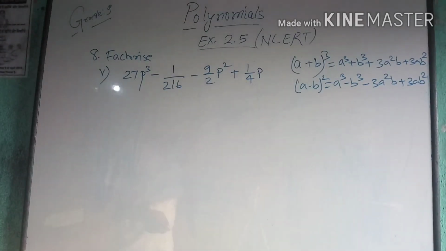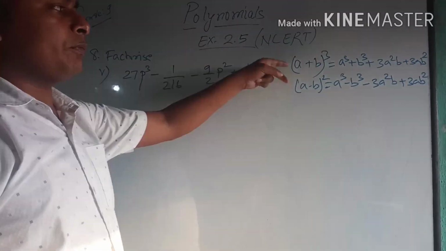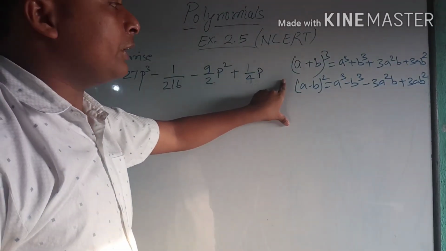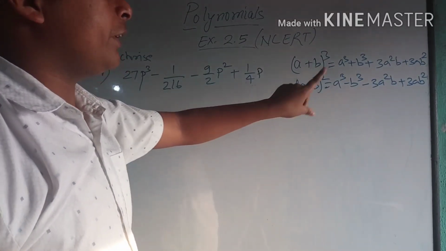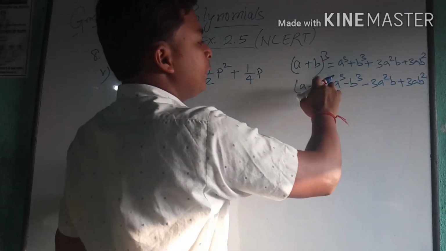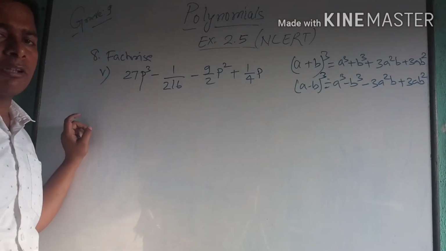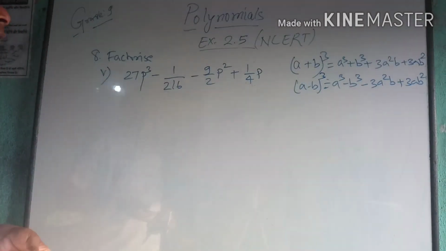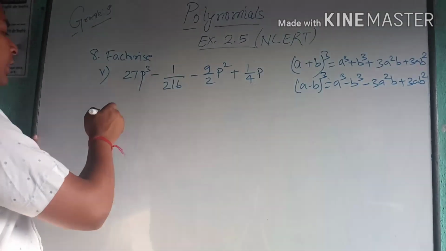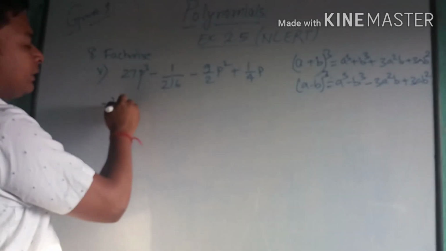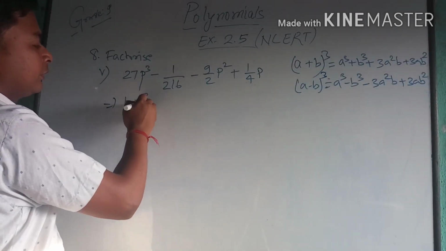Now, question number 8 says factorize each of the following. And here also there is application of these two identities only, a plus b whole cube and a minus b whole cube. If we go for the fifth part, it is in fraction, that's why I have taken it, and other parts are similar to each other. So 27 can be written as 3p whole cube